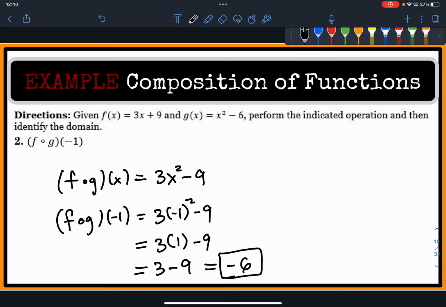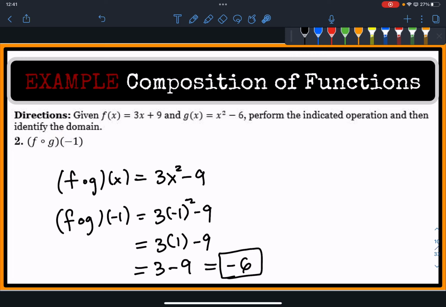So on compositions, you want to do the actual operation first to create the new function, and then plug it in. Again, this is different from adding, subtracting, multiplying, and dividing functions. On those, it's easier to plug in the number first into the two separate functions and then do the operation. But right here, because we're plugging one function into the other,